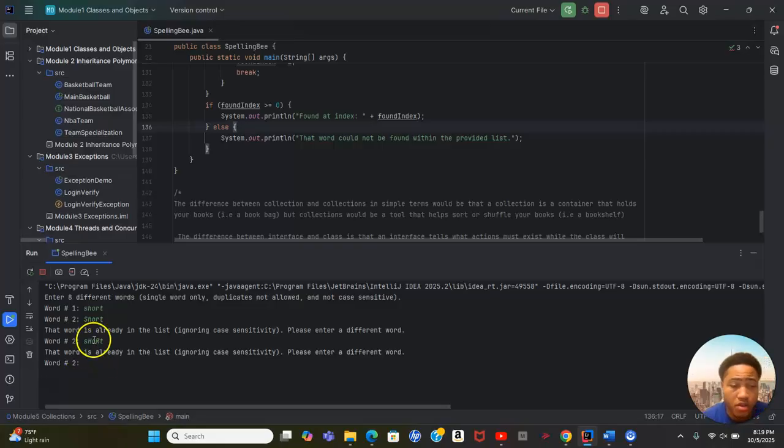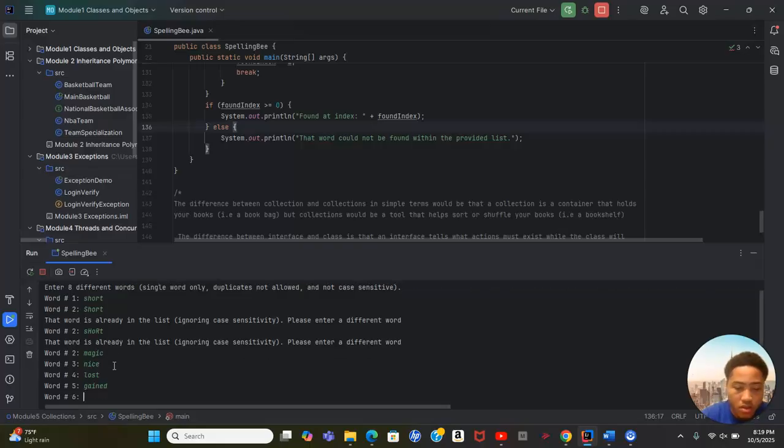So it's not taking either one of these 2 shorts right here. It still only has this 1 short. So magic, nice, lost, gained, teacher,